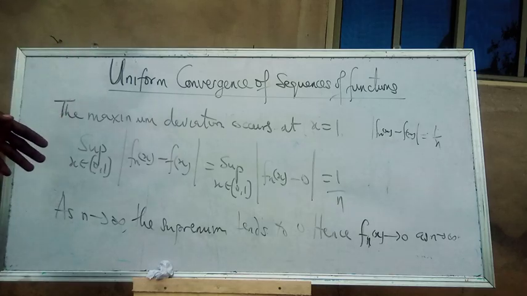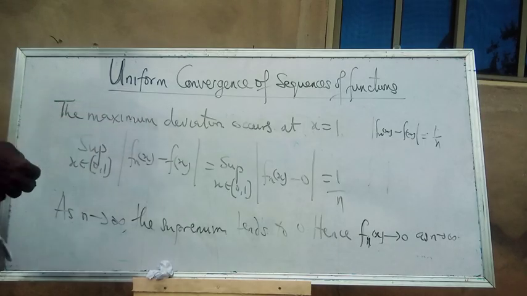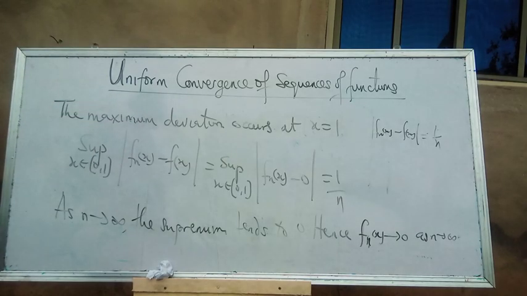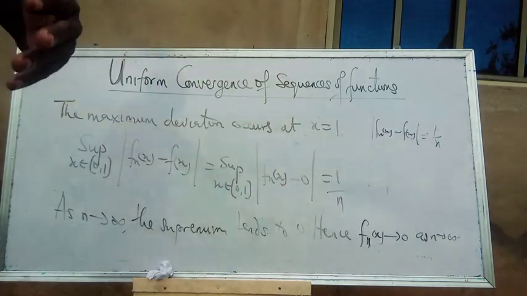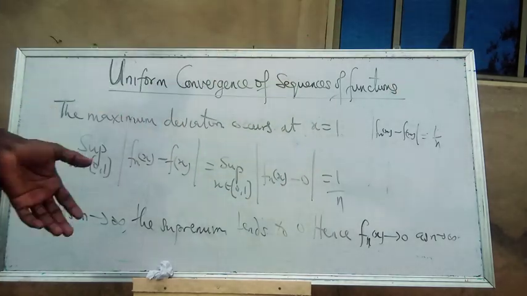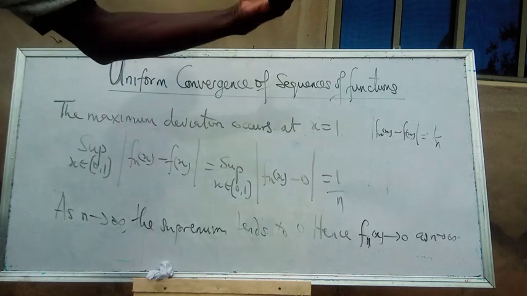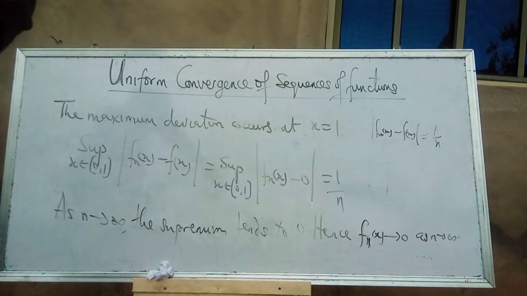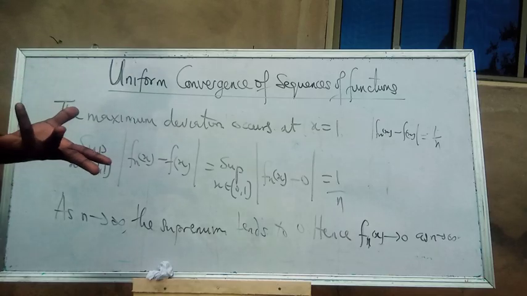So you could see the difference between uniform convergence of sequences of functions and pointwise convergence of sequence of function. So try as much as possible to understand the difference. The basic difference is just that in uniform convergence of sequence of functions, our convergence does not depend on x. Whether x is whatever within that domain, the limits we are going to obtain for all the points within that domain is going to be the same. But in the case of pointwise convergence, we are going to obtain different values for the limits at a fixed point x in that domain.